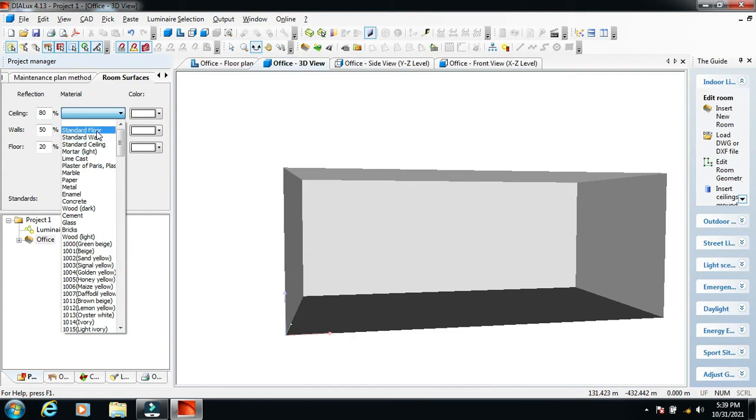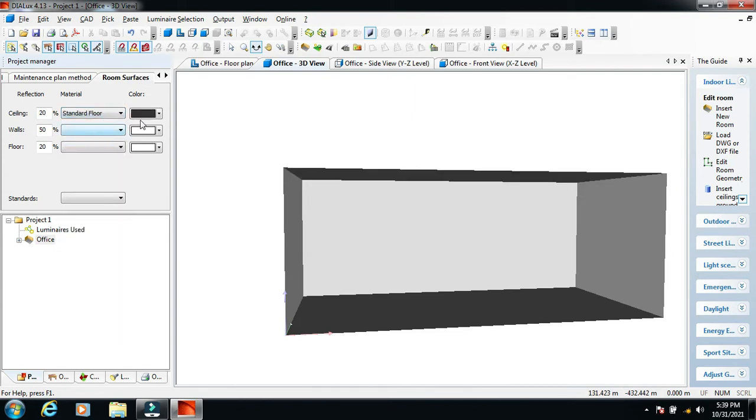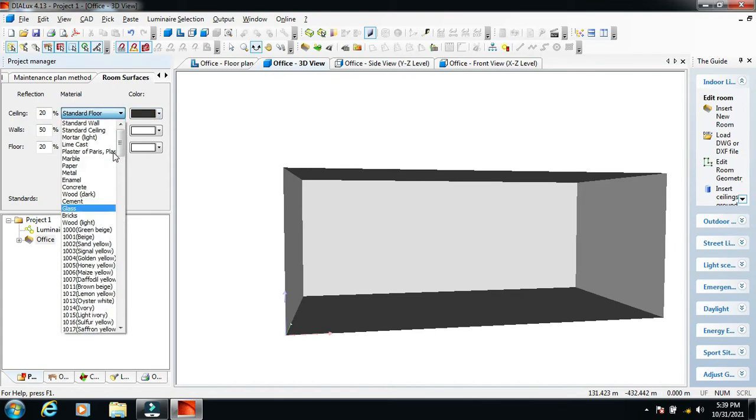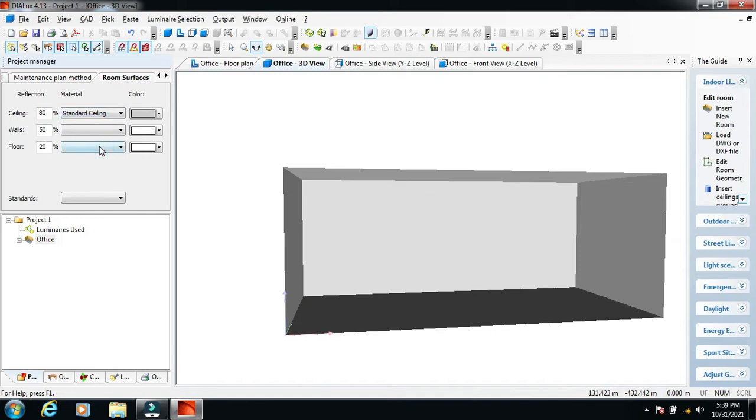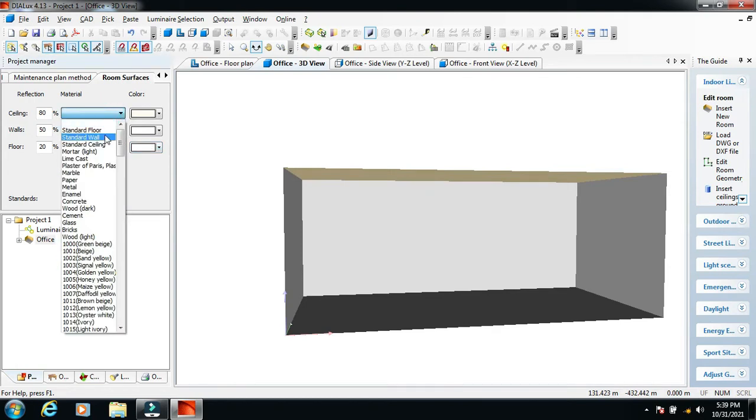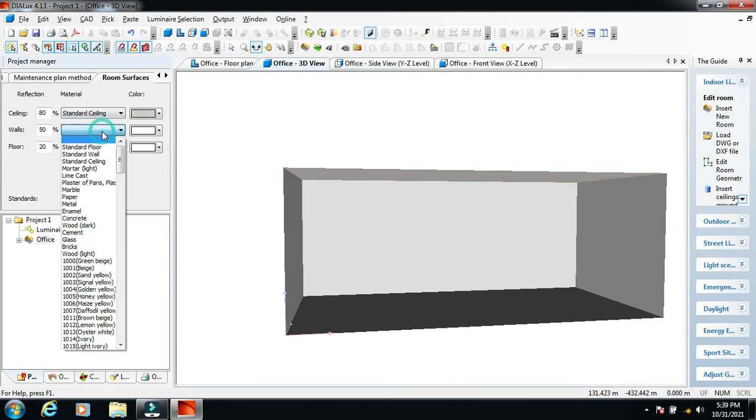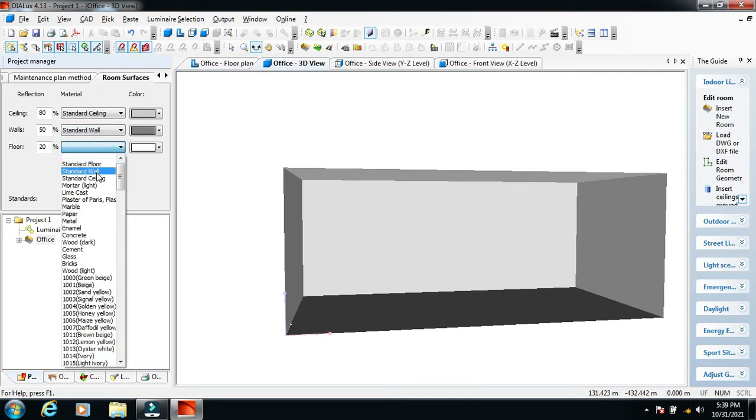So if it's a standard floor, we can create a standard floor. Now the color of the ceiling, so we want a standard ceiling. If I want to keep the color white, then the reflection would be accordingly. Now if this is a wall, then standard wall, and this is, let's say, a standard floor.